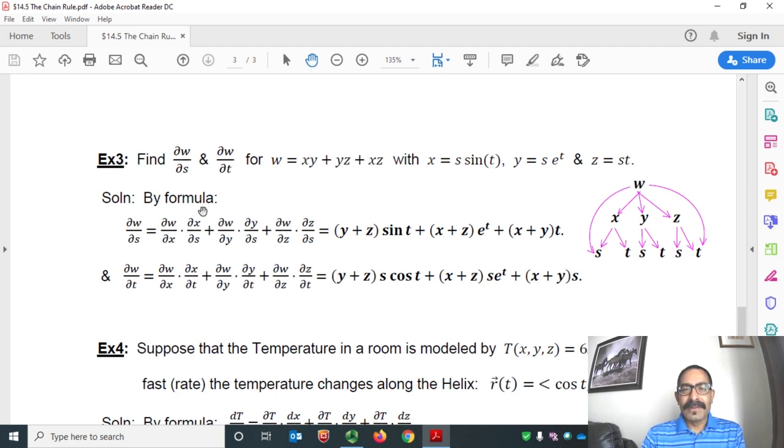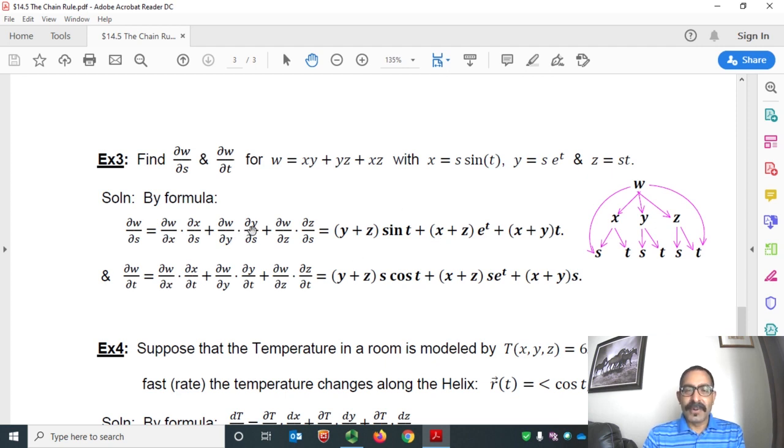Then using those formulas, our partial derivative of w with respect to s turns out to be here. Let me explain the first one here. Del w over del x, w's partial derivative with respect to x, is y plus z, and del x over del s, the partial derivative of x with respect to s, is simply sine t. Similarly, the second term: partial derivative of w with respect to y is x plus z,